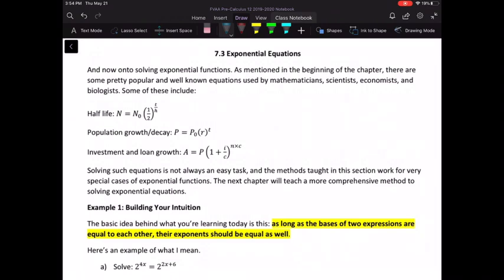So as mentioned at the beginning of the chapter, there are some pretty popular and well-known equations used in mathematics by mathematicians, scientists, economists, biologists, and even public health experts, as we've been hearing about a lot in the news with this COVID-19 pandemic. Physicists have been using this to determine the half-life of radioactive particles, population growth and decay, and also one of my favorite equations, investment and loan growth. How money can grow